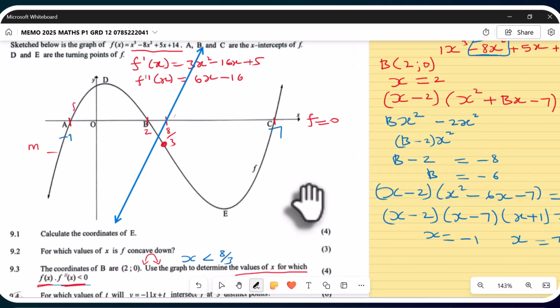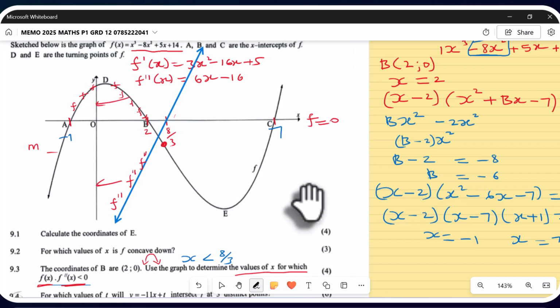So when I multiply the negative times positive, I get a negative. So my first answer is going to be from -1 less than x less than 2. Or if you are continuing from 2 up to 8/3, they're all negative because they're all below the